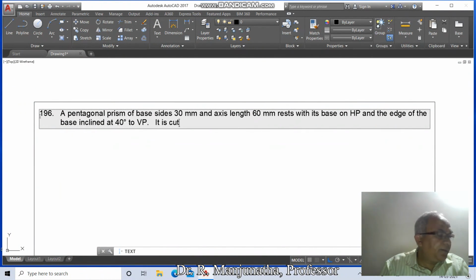It is cut by a plane perpendicular to VP, inclined at 40 degrees to HP